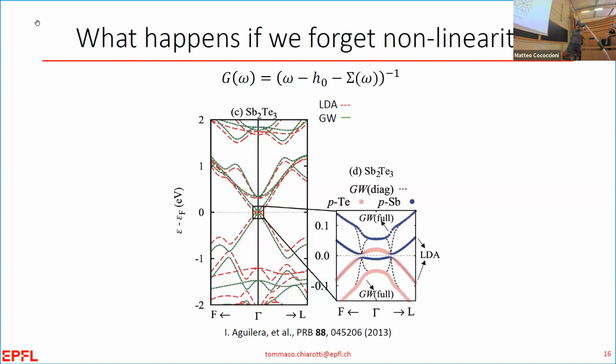What happens, so what do people do right now, let's say? Because in many-body perturbation theory, you need to solve this equation. So how did people manage this before us? Well, they managed by just discarding the off-diagonal elements of this operator, and now this equation is not an inversion of an operator anymore. It's just an inversion of a scalar.